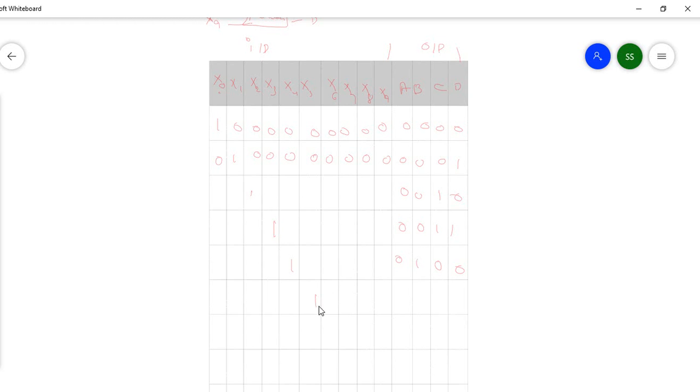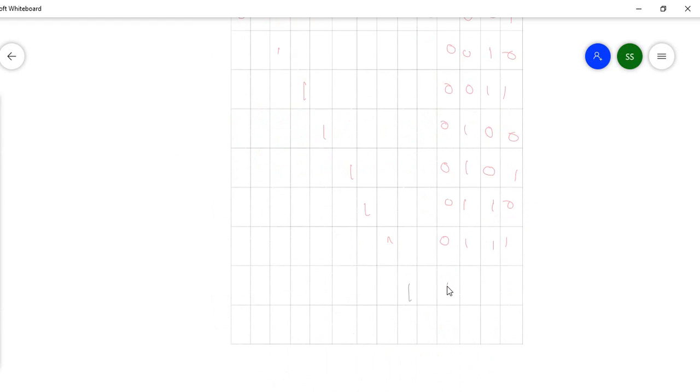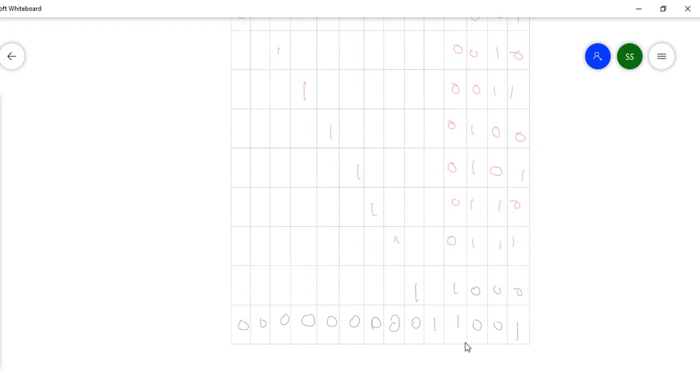And if x5 is 1, it is 0 1 0 1. If x6 is 1, it is 0 1 1 0. If x7 is 1, it is 0 1 1 1. Similarly fill in x8 and x9. For x8 it is 1 0 0 0. If x9 is 1, it is 1 0 0 1. All the other portions are filled with don't cares, and here all the other portions are filled with 0. So this is how we converted the decimal portion into our BCD format using an encoder.